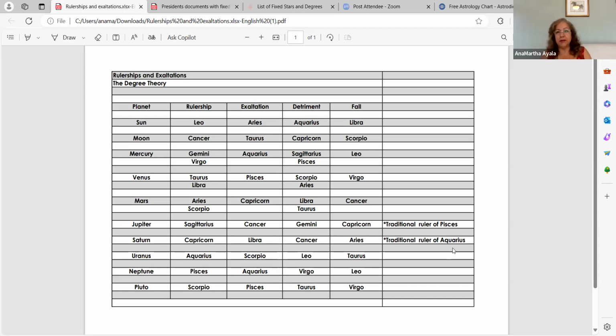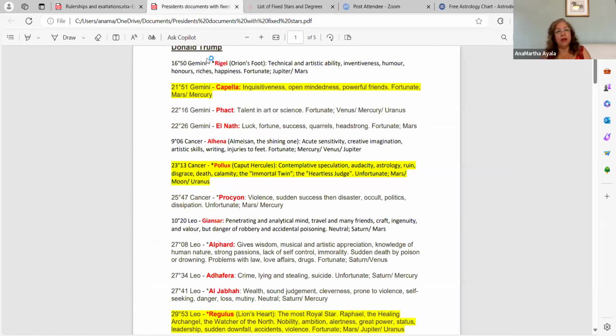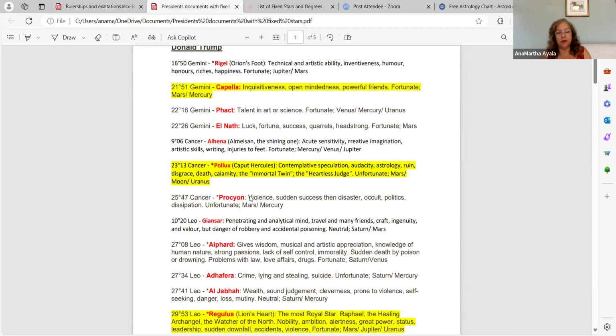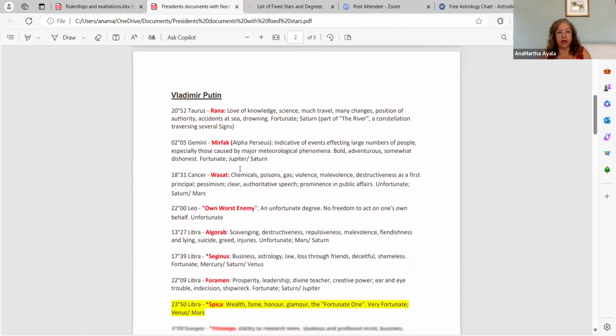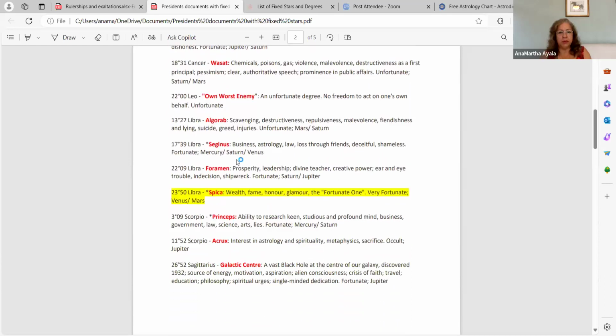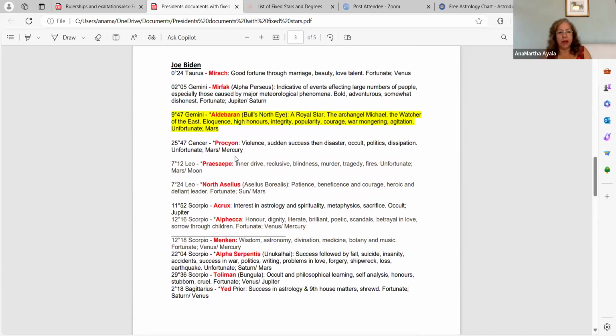That is not the case for the degree theory. Okay, so I just wanted to point that out. And then on top of that, I went ahead and did each president or former president. I analyzed and listed all the fixed stars that are conjoined with a point in their chart, right? So that was Donald Trump. This is Vladimir Putin. Then Joe Biden,